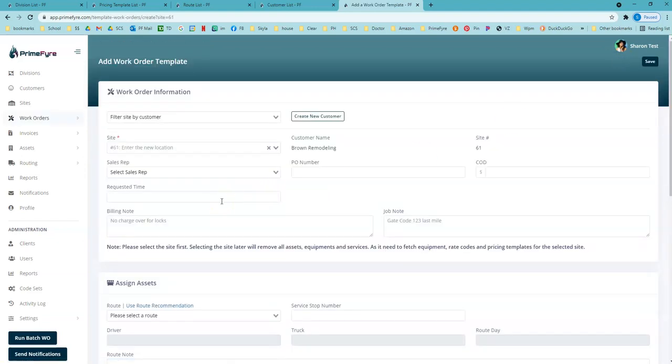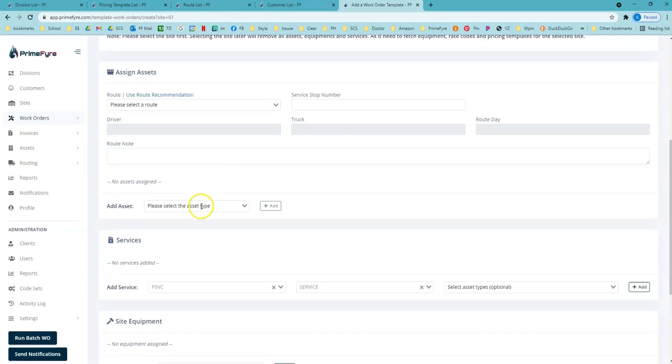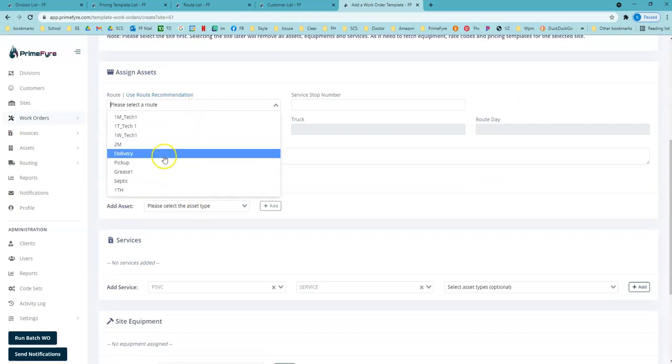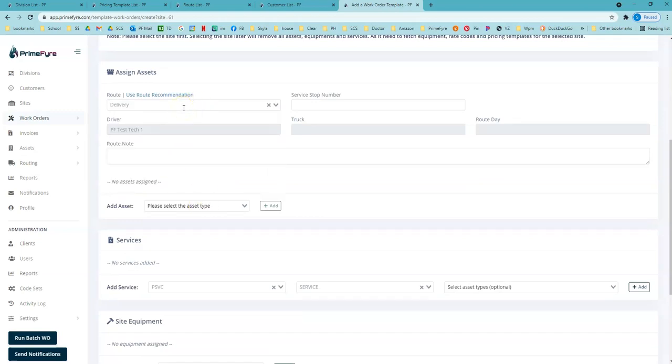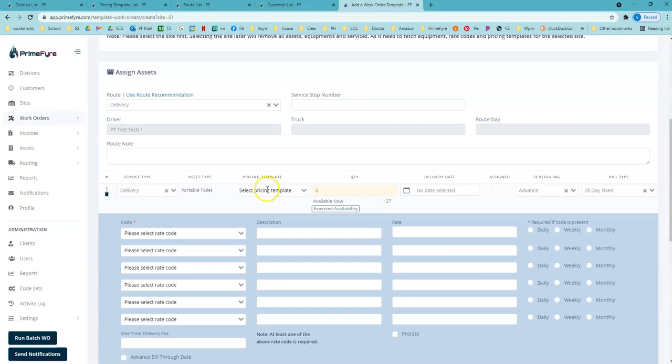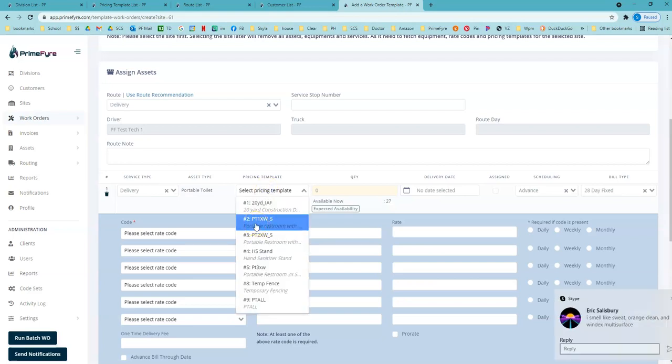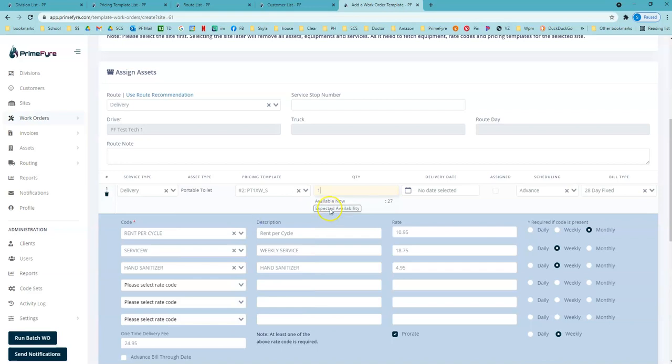So this particular customer is a portable toilet customer, so I did not need to add an equipment entry. So from here, I can specify this is a delivery, makes it easier to group in our dispatch. Select the type of asset that's going to be delivered. Select my pricing template, number of units that I'm going to be delivering